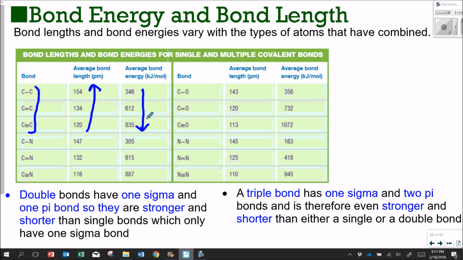Double bonds have 1 sigma and 1 pi bond, so they have to be stronger and shorter than single bonds, which only have 1 sigma bond. And then a triple bond has 1 sigma and 2 pi bonds, so it will be even stronger and shorter than either a single or double bond. So let's picture this. If we have a single bond compared to a double bond, and finally a triple bond,